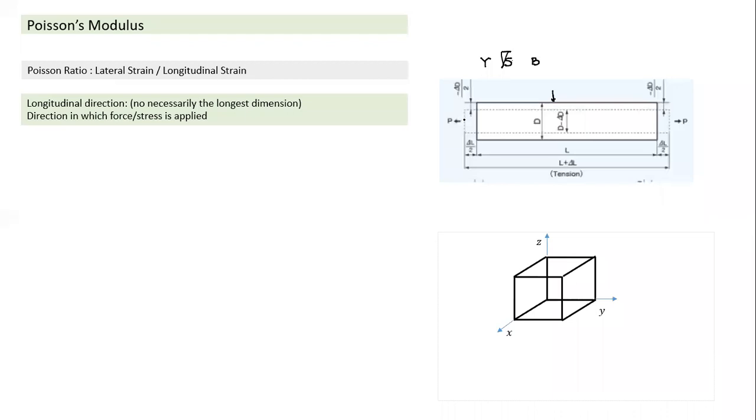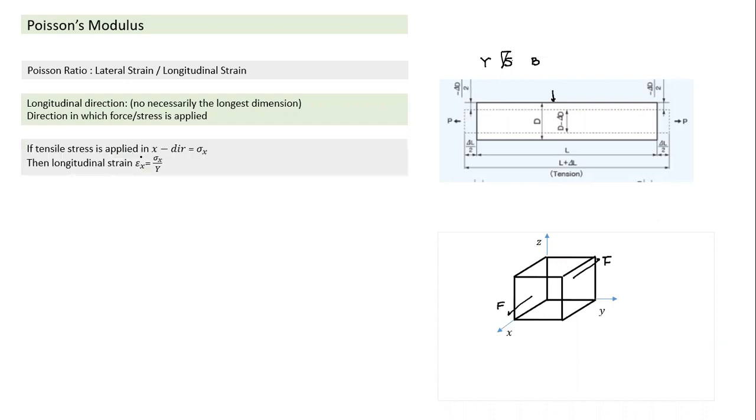So if I apply a force along this dimension, just imagine there's a cube here. This one has one dimension longer here. If I have a cube and apply a force along the x direction, this face also uniformly has a force applied, and the back face also has a force F. Both directions I pull apart by force F, and this force is applied uniformly over the cross section. So in this case, the x direction is the longitudinal direction, and the y and z directions are lateral directions. So lateral and longitudinal directions are based on the direction of force.